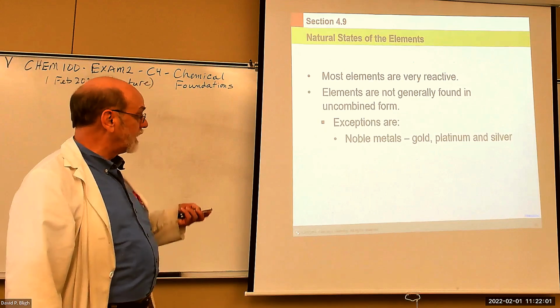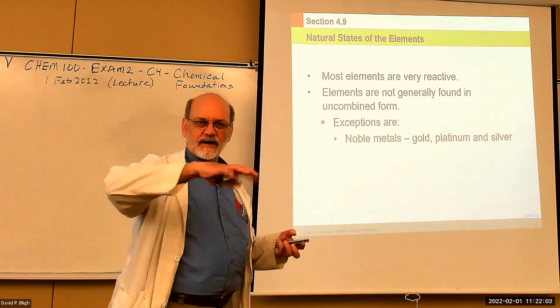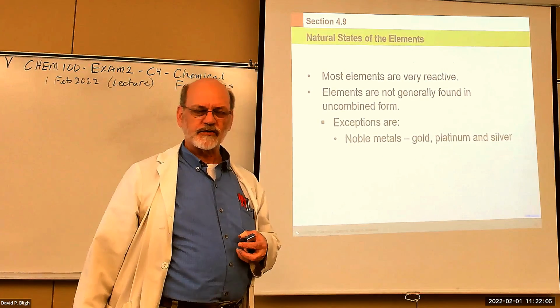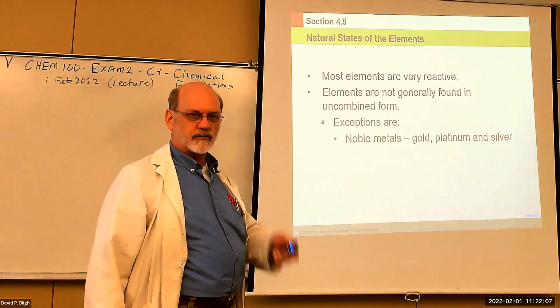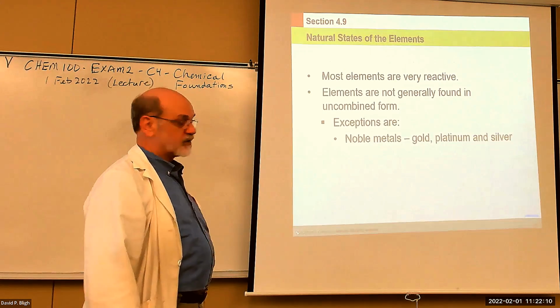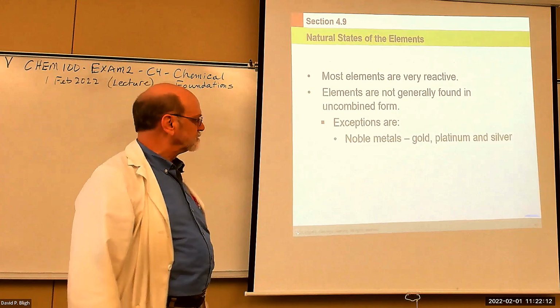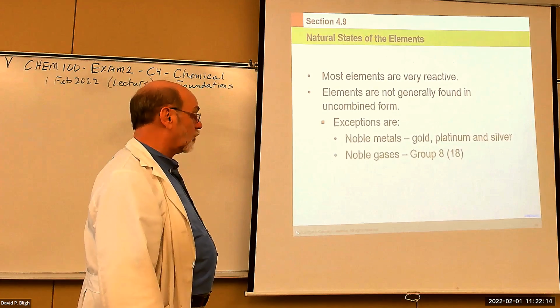Right. The noble metals, silver is kind of borderline. You can find pure silver, but very often silver is combined with something else. But gold and platinum are usually found uncombined in nature. Noble gases,